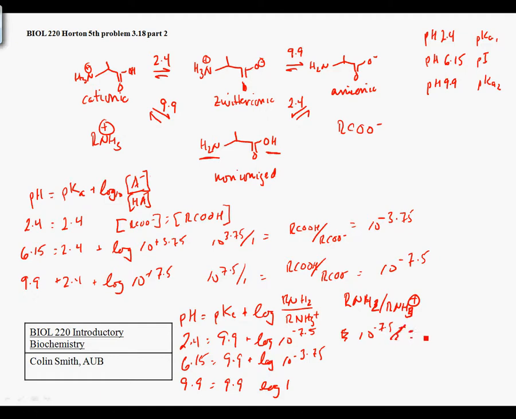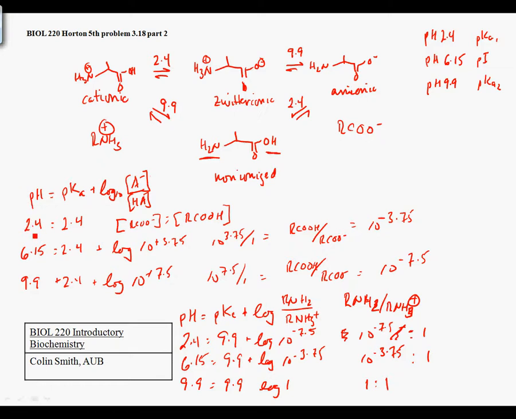Let me use colons so I don't get confused. And 10 to the negative 3.75 to 1, and 1 to 1. So that means that at any particular pH, the group of interest is going to be, let's say at pH